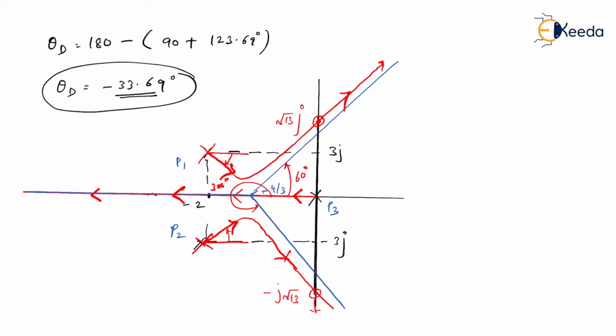So please understand, even though the rules are given, not necessary that all the rules will be used for all the problems. It depends upon the situation. In this situation, we even required something called as theta d, that is nothing but angle of departure, but not in every problem you will require to apply this formula. You know that it comes into picture only when you have got complex conjugate poles or complex conjugate zeros. For complex conjugate poles you have theta d, and for complex conjugate zeros you have theta a. I hope you remember that. So let's move to the next problem quickly.